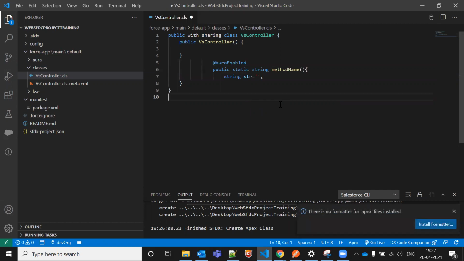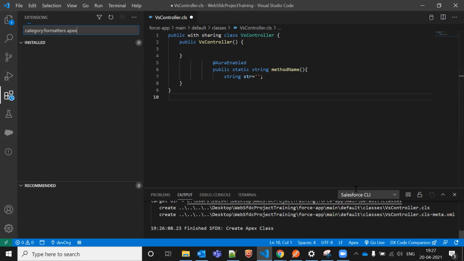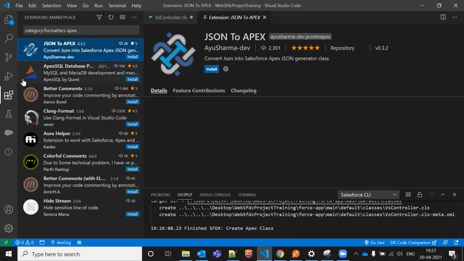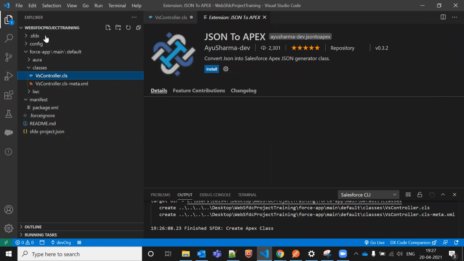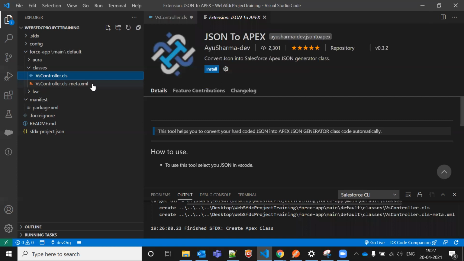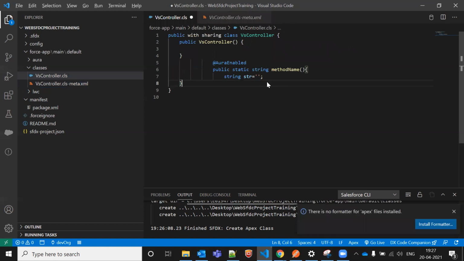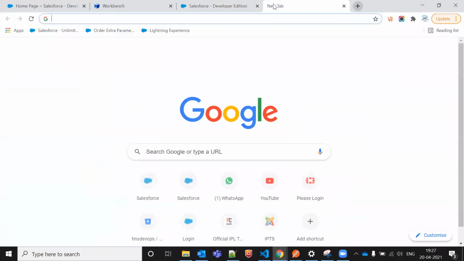Format the text. Generally it is Shift Alt and F. Let me check VS Code indentation shortcut.